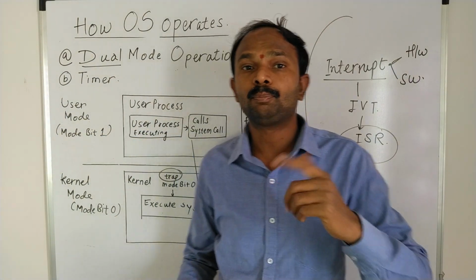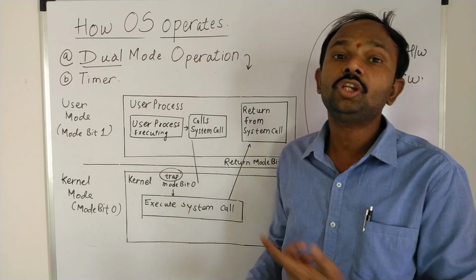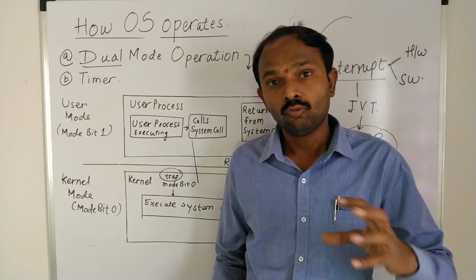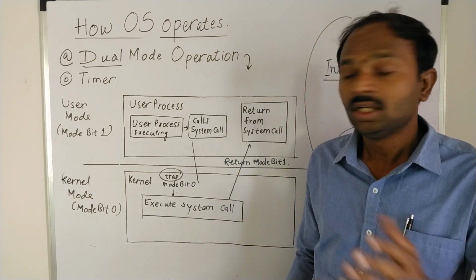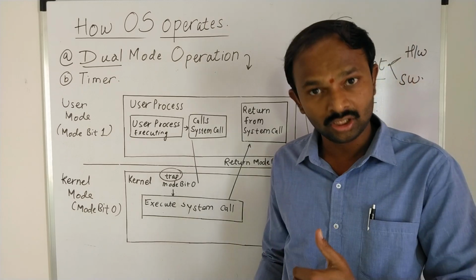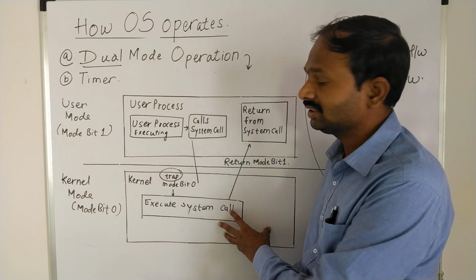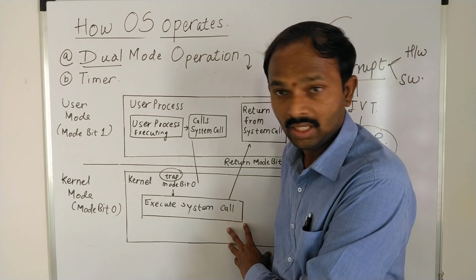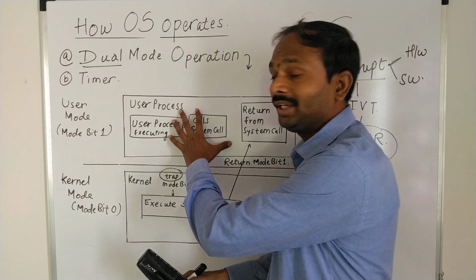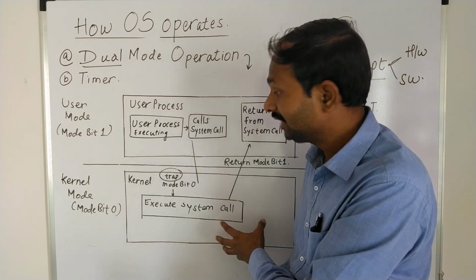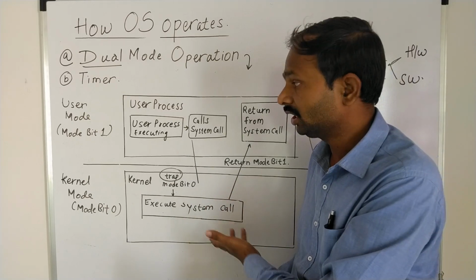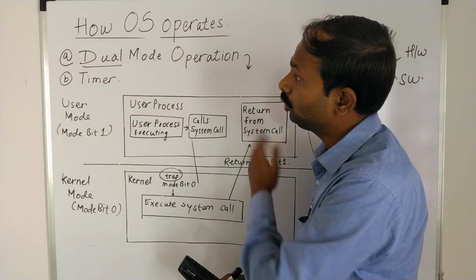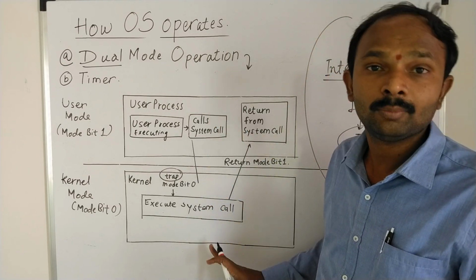Why is it called a dual mode operation? Because there are two different parties involved in the communication process: one party is the user party and the other party is the kernel party. Whatever actions you do in the user mode have to be translated to the kernel mode. Kernel mode is known as the supervisor mode. It is actually a privileged mode for security purposes, and whatever activities the user is doing are sanctioned by the kernel, and once sanctioned by the kernel, the request is responded to. This is how the operating system works in dual mode operation.